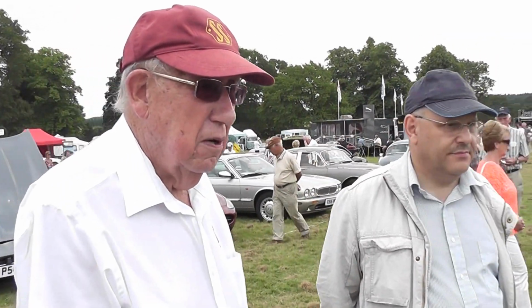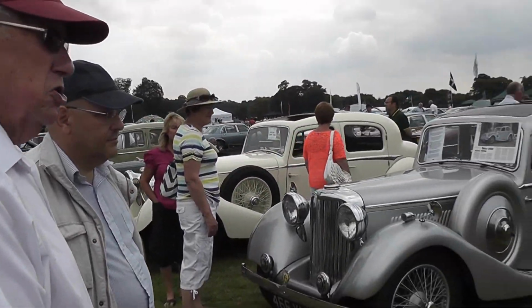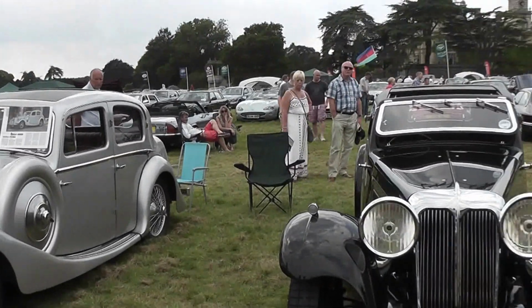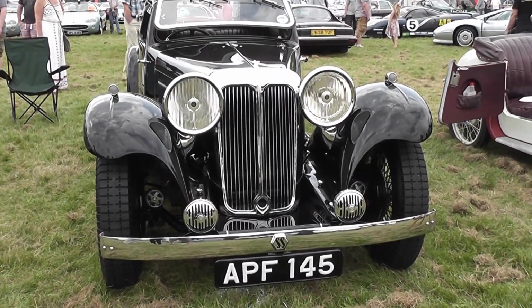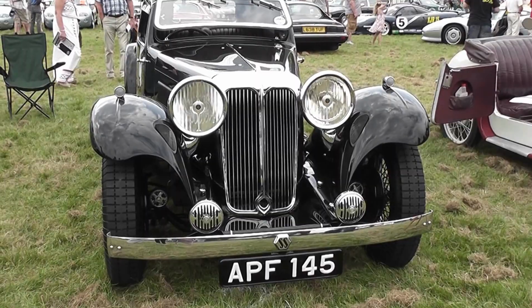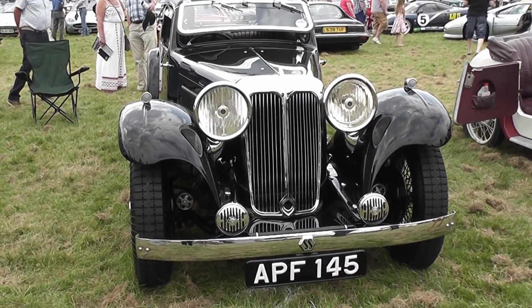I can remember having the old blackout lamps on, the narrow slits. She used it through the war, and after the war she used it until, I think, it was last licensed in 1954. She then decided that it was a bit too big for her to drive, so she bought herself another car, and then she